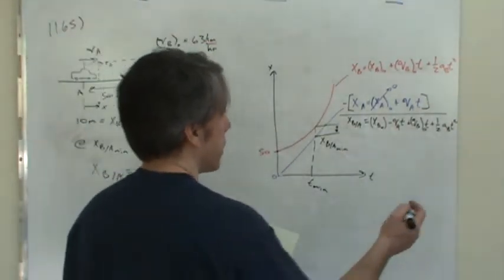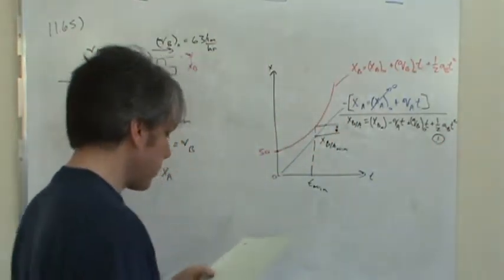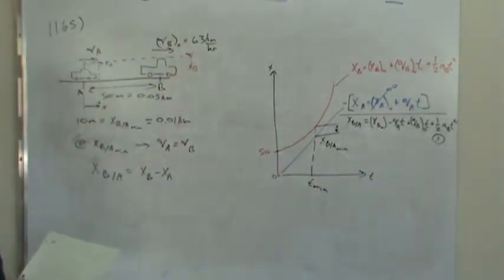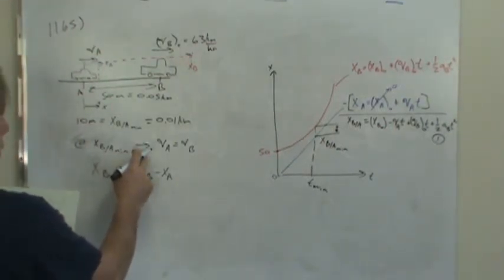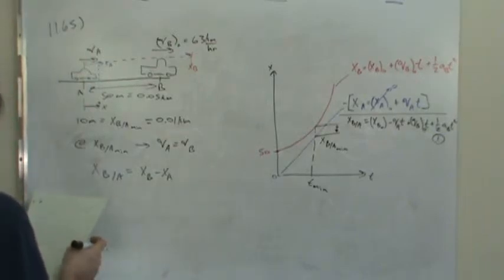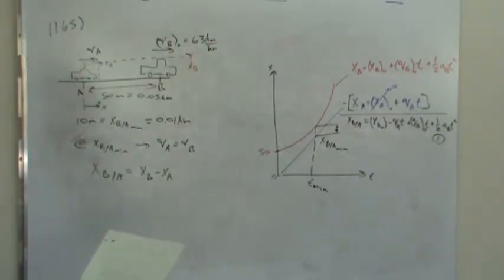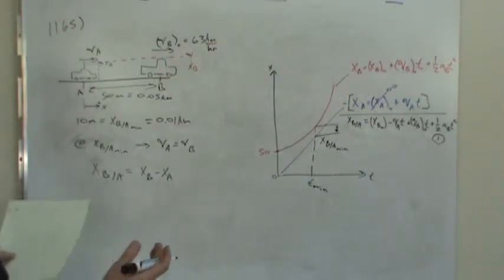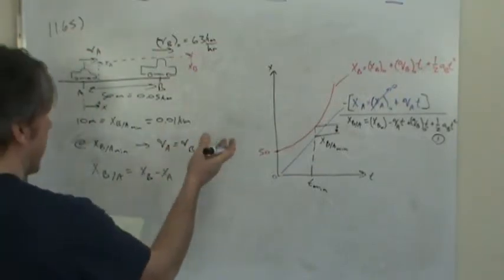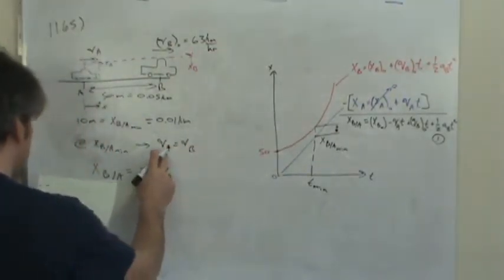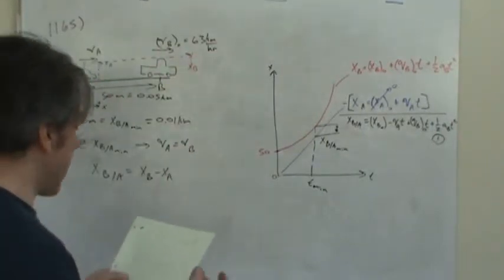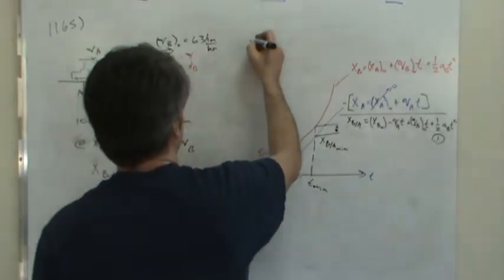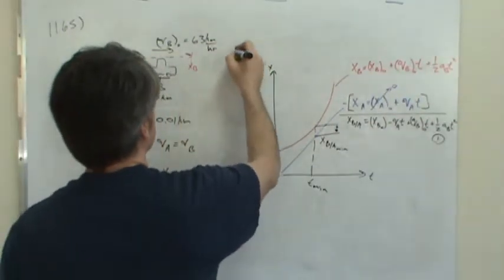Okay. So let me call this equation 1. Now there's something really important that happens. x of B with respect to A at its minimum is when the velocity of A and B are equal to one another. Now, is there an equation we could use to expand on this just a little bit? Because notice, we don't know the velocity of A, but the velocity of B is something that we could write an equation for. We could use another constant acceleration equation that says that the velocity of B,